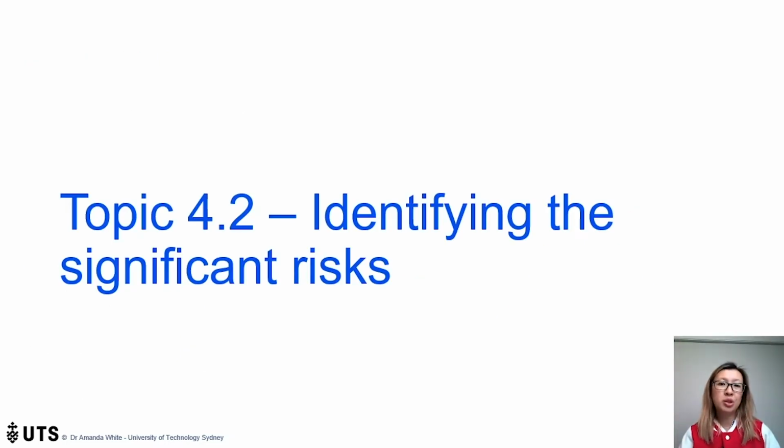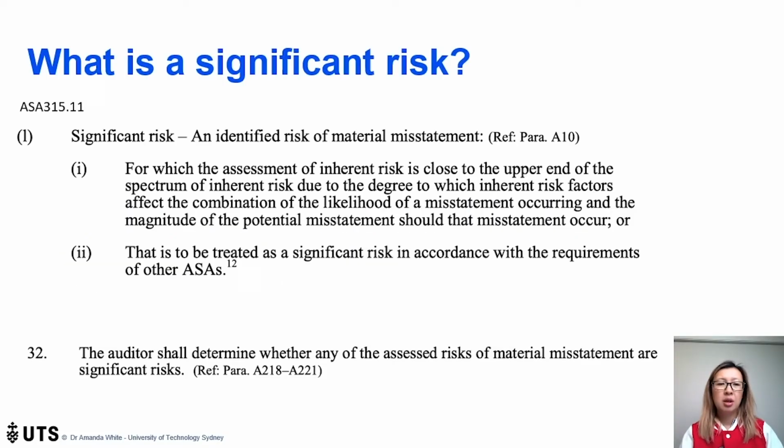So in topic 4.2, we're going to look at identifying the significant risks. And this isn't a term we've talked about yet. I've only talked about inherent risks and control risks. I'm going to get into significant risks because they're actually mentioned specifically in the standard. So this comes from ASA 315, and I've asked you to read ASA 315 a few times because it's a really important standard. And it says here, and let me get my mouse so that I can show you,